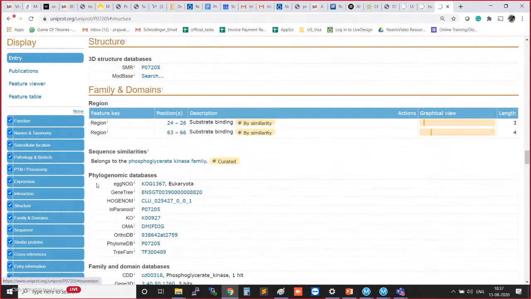So I'll just go to the structure section and see what is written here. It gives me the link of various 3D structural databases, and currently there is no link present here. It means there is no crystal structure reported for this particular protein. So the next thing comes into the picture: yes, I have an opportunity to build a homology model of this particular